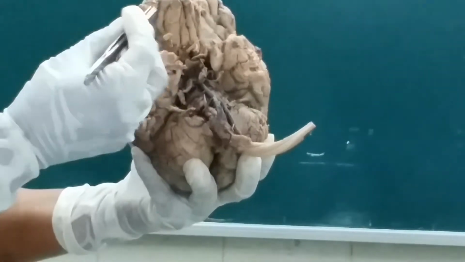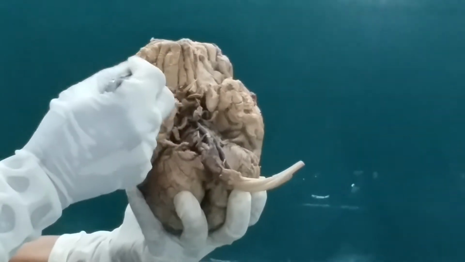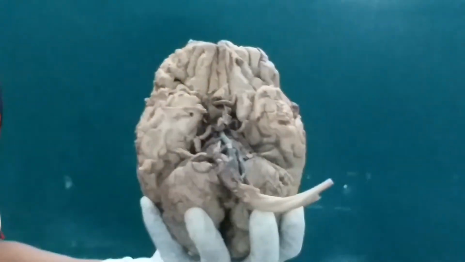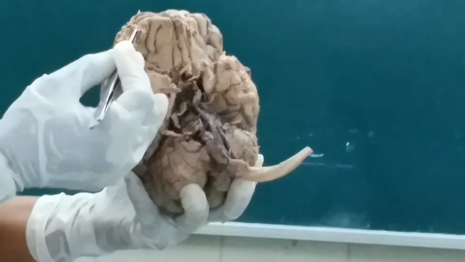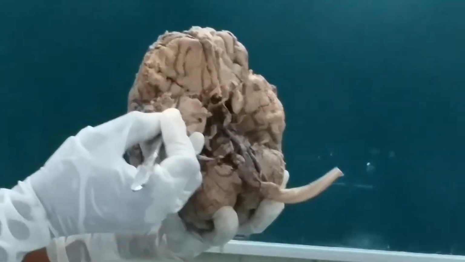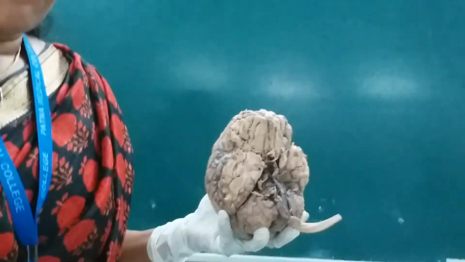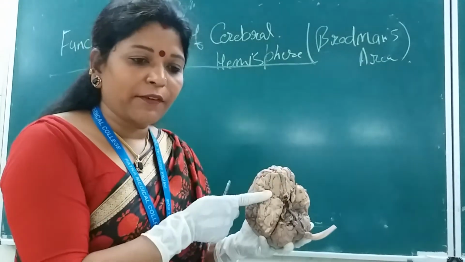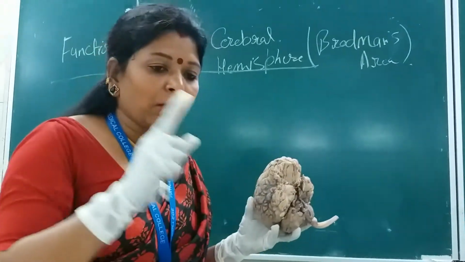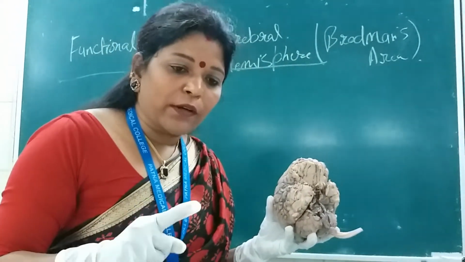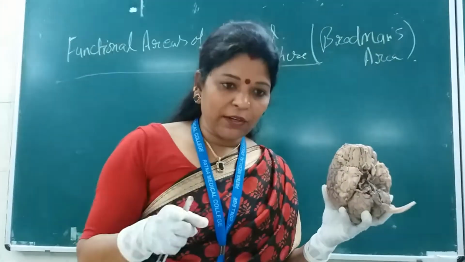Now, another sulcus present on the orbital surface is an H-shaped sulcus here, isn't it? The H-shaped sulcus divides the whole of the orbital gyri into the medial, the anterior, the lateral as well as the posterior. So there are two very important sulci on the orbital surface, on the anterior aspect of the inferior surface of the brain. The olfactory surface is important for which pathway? You have to discuss here the olfactory pathway.